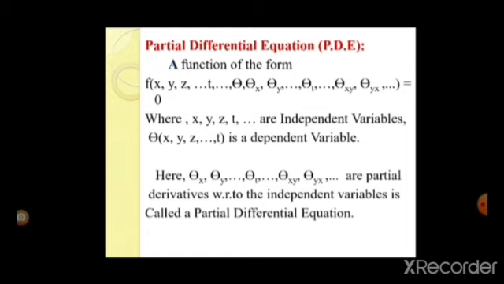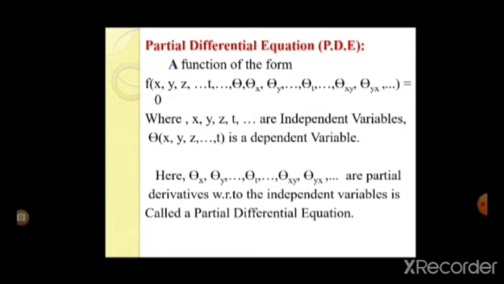Then that whole is known as a partial differential equation. That means here theta x is nothing but dou theta by dou x. Here the partial differentiation is denoted as dou. We can call it a curved d, and we can say it is a partial differential. Theta suffix x is nothing but dou theta by dou x, that is, differentiating theta with respect to x, which we write as theta suffix x.